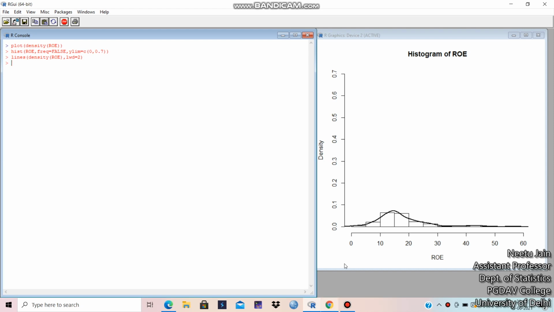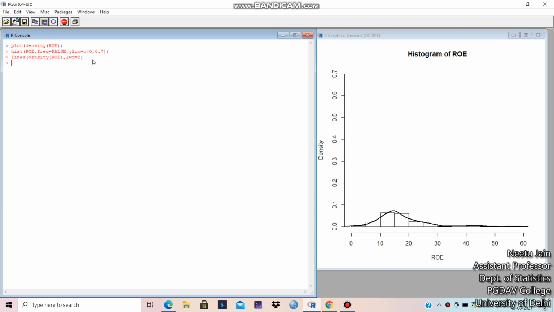You can see the density function is overlaid over the histogram here. So the first command, plot, is to plot the density only. This is for the histogram only, and this is the lines, meaning density overlaid over the histogram for a particular variable ROE.